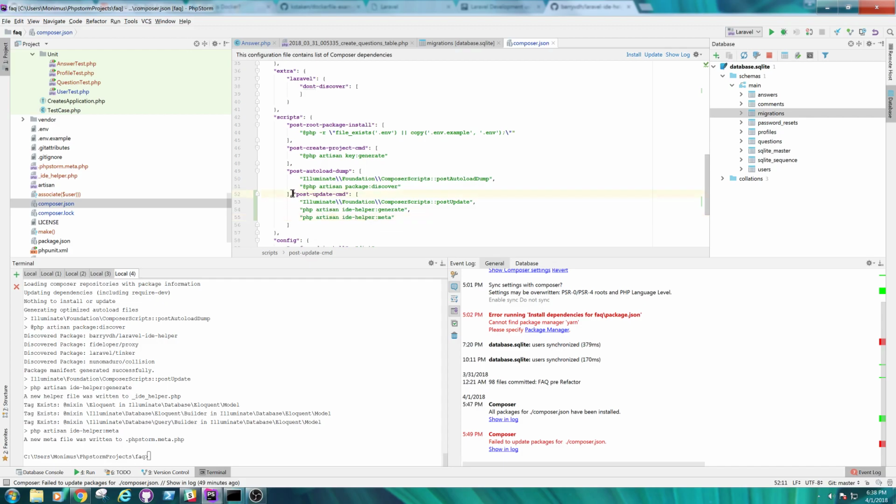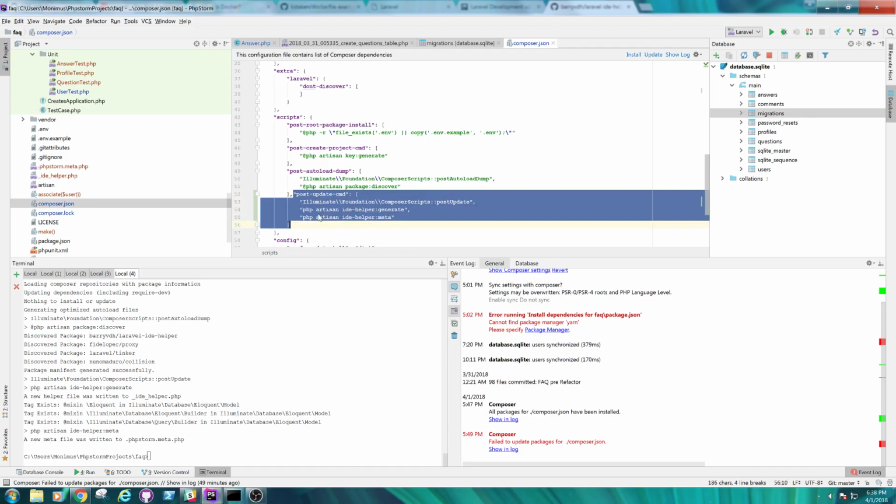What's going to happen is I need to get this whole block. Every time Composer updates, there are comments in a PHP doc format inside your program, and every time the program updates, we want to regenerate the helper files that allow autocomplete to work. So by putting this code in our composer JSON file, right here,